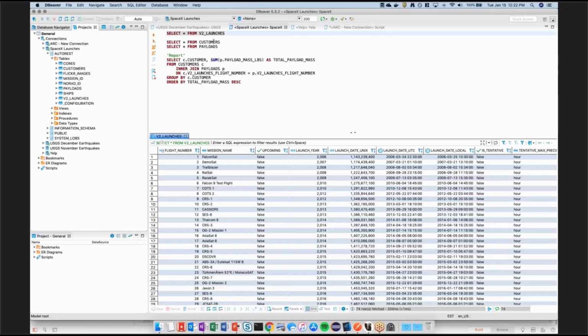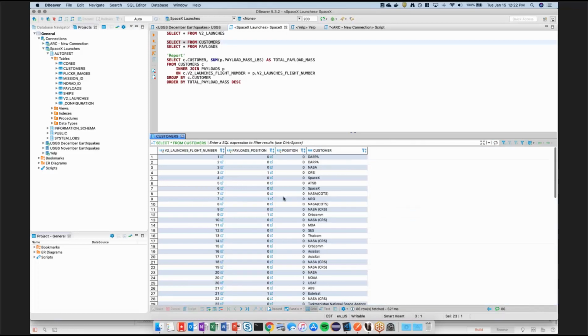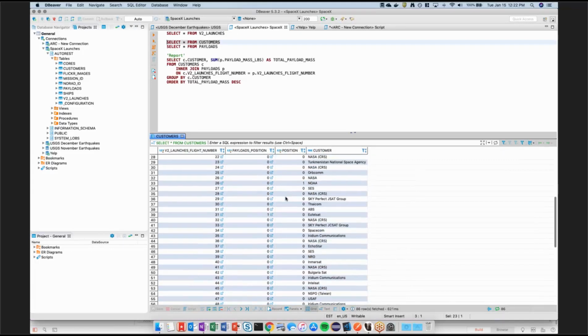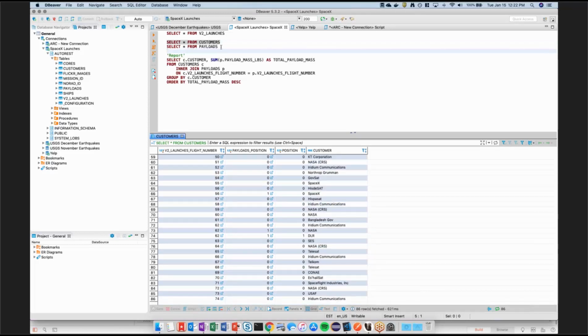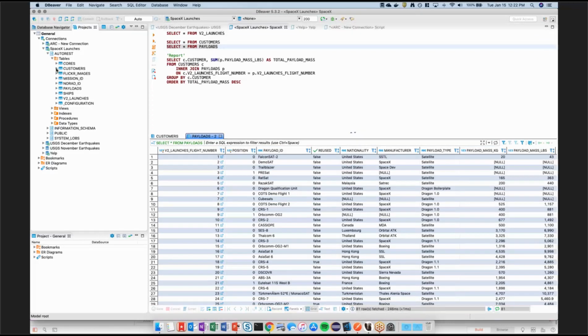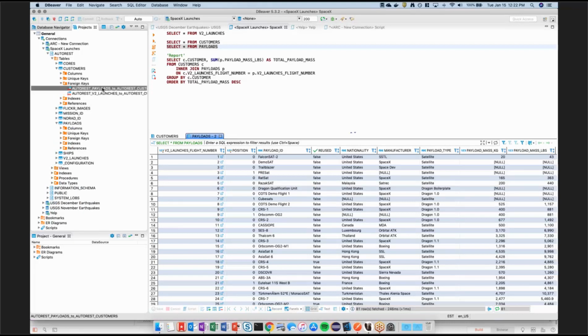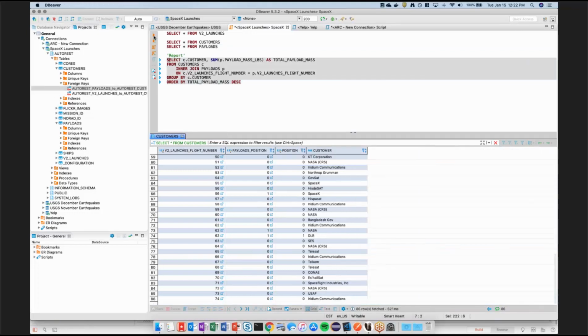But two tables I'd really like to focus on are my customers table, which is a list of all the customers that SpaceX currently has today. We have roughly 85 records here. And also my payloads table. If I take a look at the metadata for my customers and my payloads table, I can see that there is a relationship between payloads and customers. So what that allows me to do is run a join